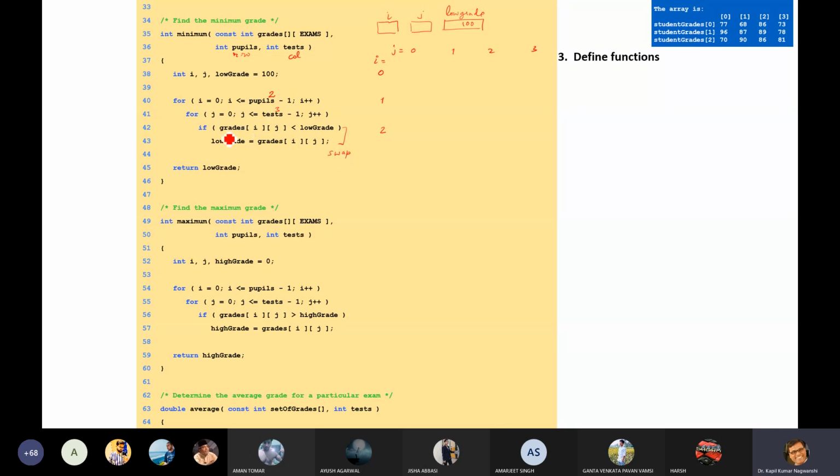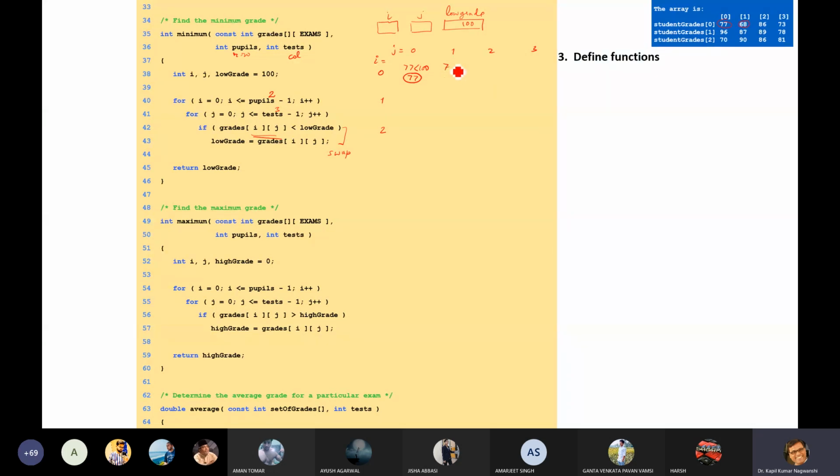Okay. So let us start the first loop. First, we are going to execute 0, 0. Ij is 0, 0. So what is the value of 0, 0? 77. So 77 is less than 100. Yes. So what is low grade? 77 is the low grade. Now, next is 68.